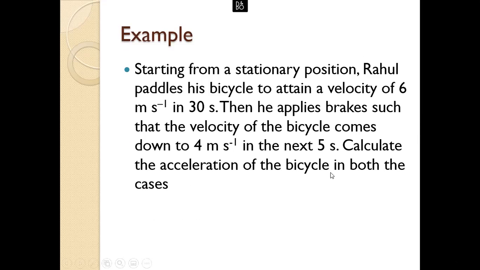Now let's solve this numerical. Do it. So I think 2/35 meter per second. So there are two cases in this question. Sir, I don't know how to do it. Okay. So let's read out, and